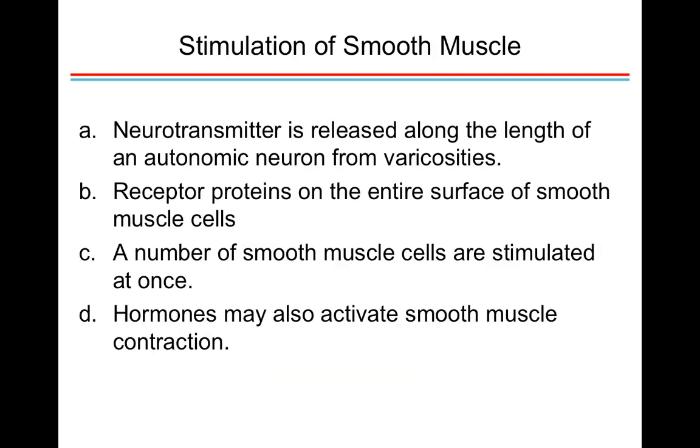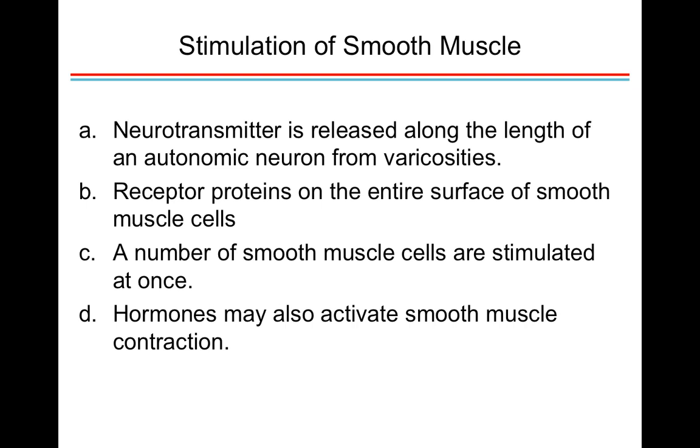To stimulate smooth muscle, neurotransmitter is released by the autonomic nervous system. Again, this is not something we think about. It just happens subconsciously; it's automatic. And the receptor proteins are on the entire surface of the smooth muscle cell. So all these smooth muscle cells can be stimulated at the same time, much in the way that the heart needs to contract. These smooth muscles need to contract all at once, and they use the gap junctions